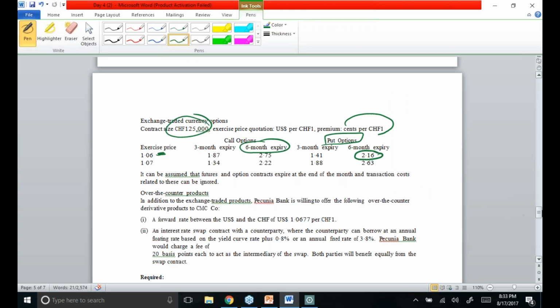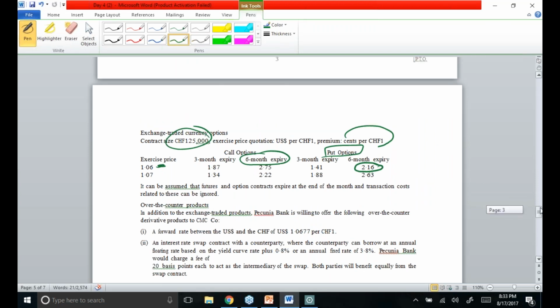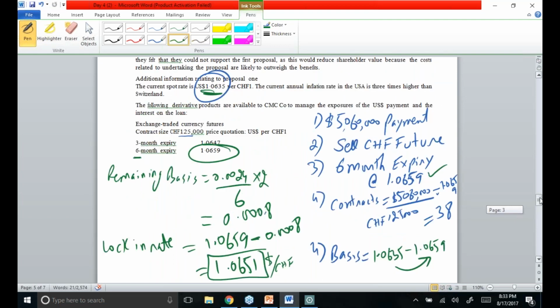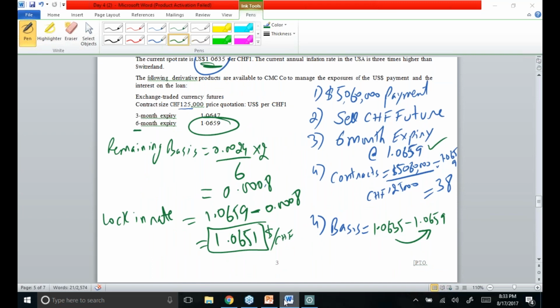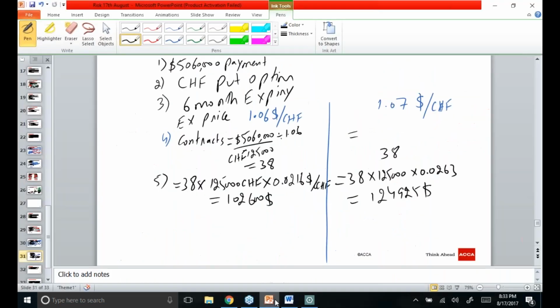And the spot rate was 1.0635. So we will convert at 1.0635, and this will be equal to